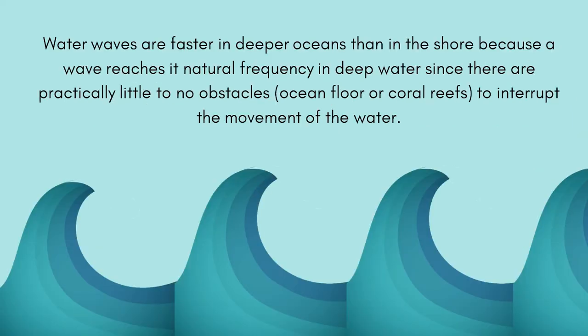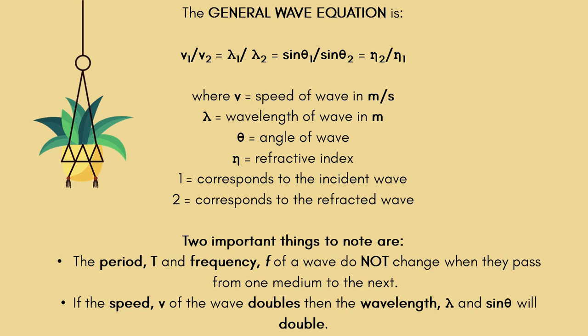Water waves are faster in deeper oceans than near the shore because a wave reaches its natural frequency in deep water, since there are practically little to no obstacles, such as the ocean floor or coral reefs, to interrupt the movement of the water. The general wave equation is the speed of the incident wave divided by the speed of the refracted